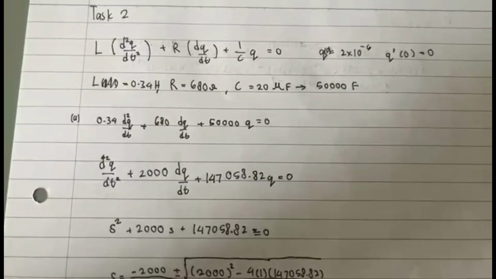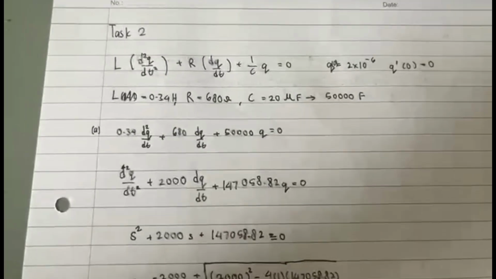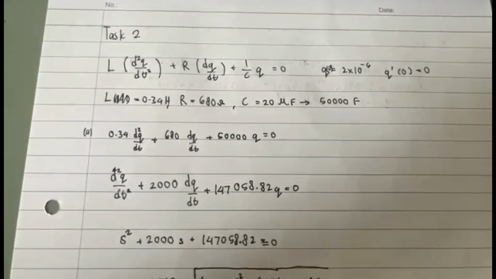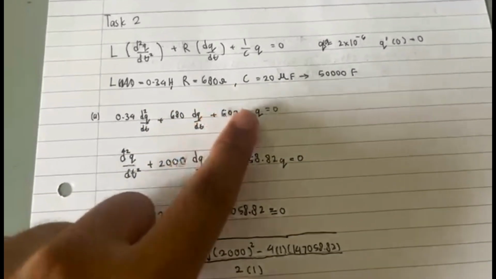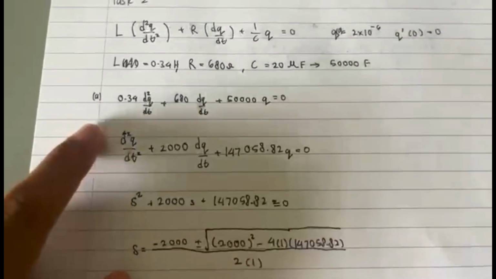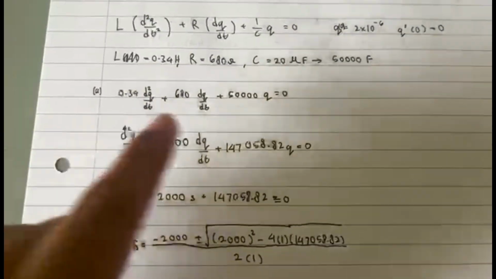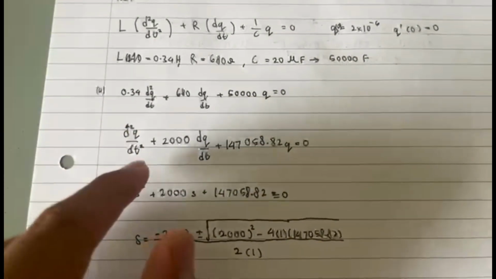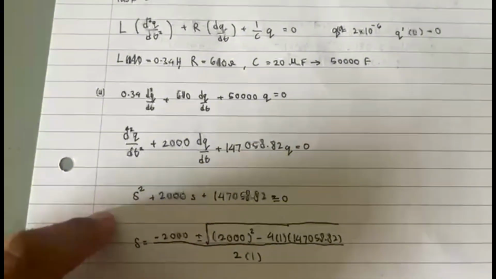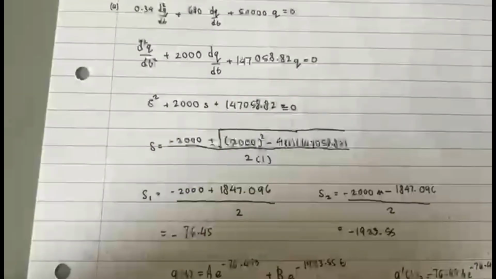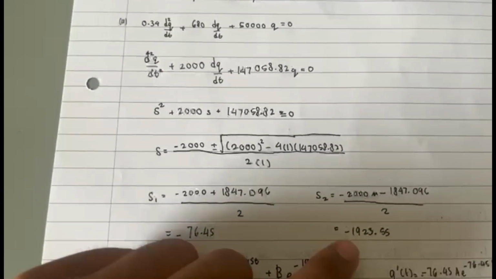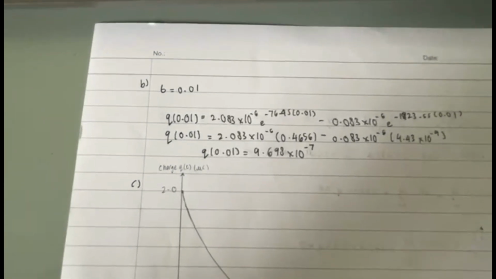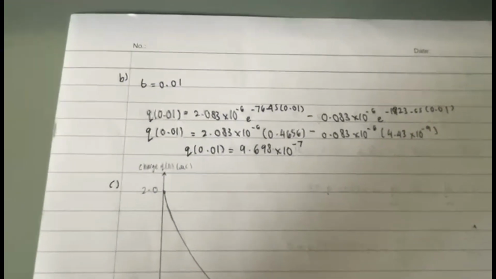Alright, so for task 2, we use this equation and the constant given, 0.34, and R equal to 680 ohm and C equal to 20 microfarad. Then we divide this equation by 0.34 and we change it to the quadratic formula, and we get s1 equal to negative 76.45 and s2 equal to negative 1923.55. For question B, we need to evaluate the response at 0.01 second, so we put the value here